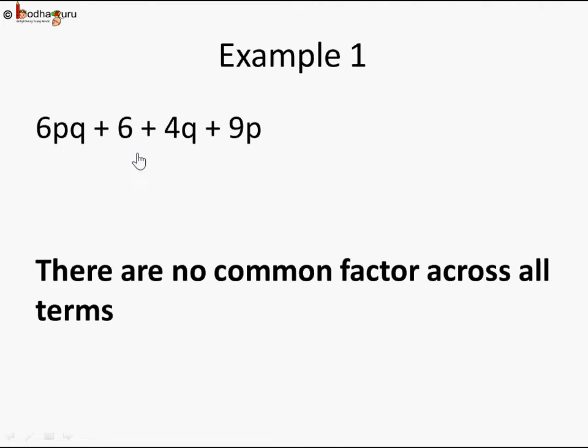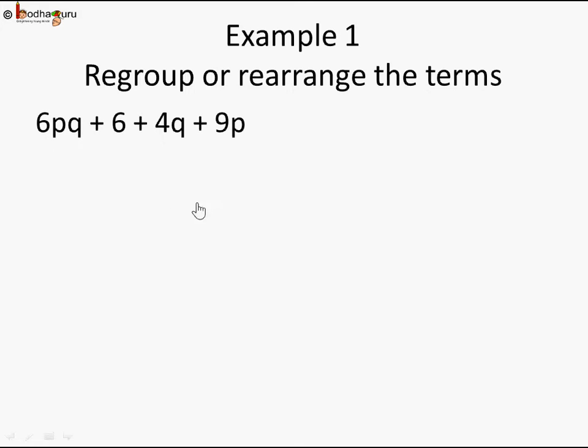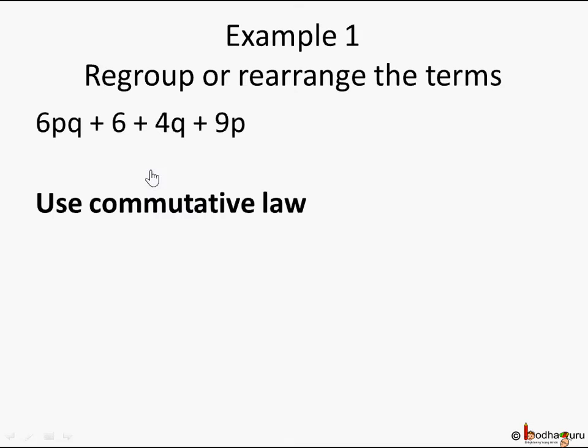So what do we do in this case? There are no common factors so that we can easily apply the distributive law. So what we are going to do is rearrange them. Try to think, can we think of it as an expression with 2 sets of terms? We group them in pairs, say. We can take 6pq plus 6 together, but then 4q and 9p will have nothing common, right? In 4 and 9 we don't see anything common. 2 into 2 or 3 into 3, q and p are separate. So let's try to regroup them, right?